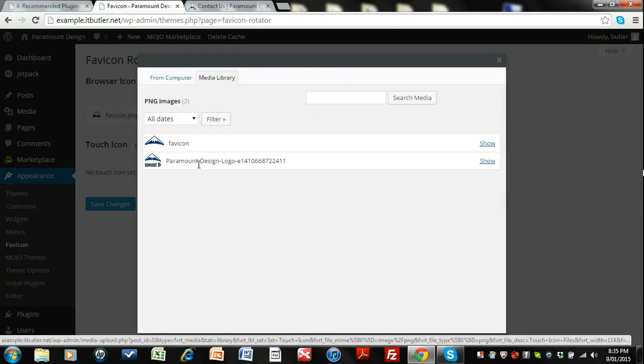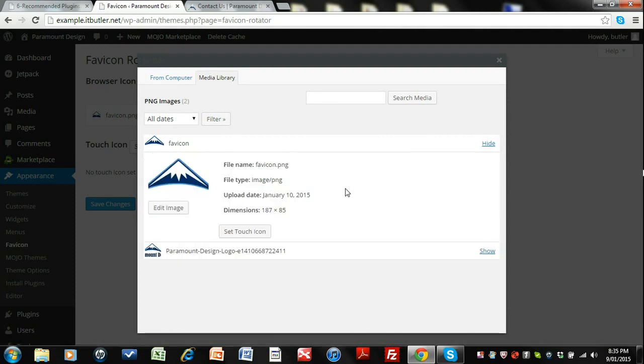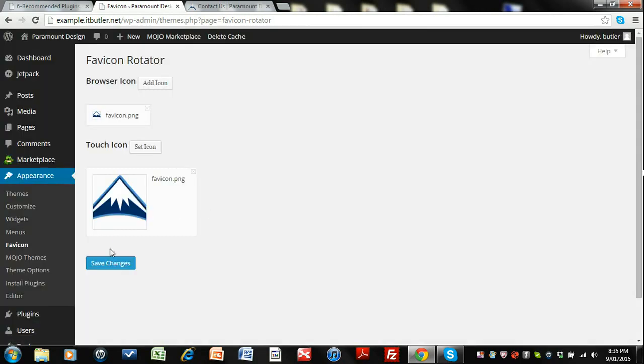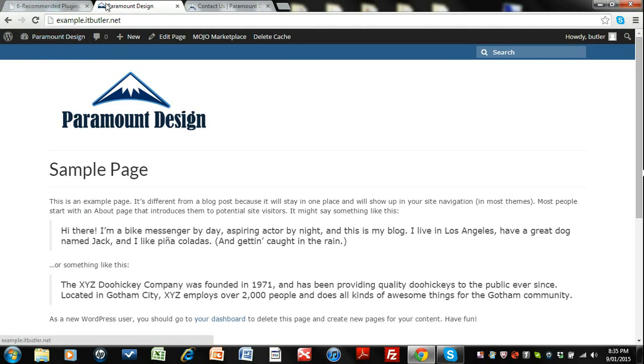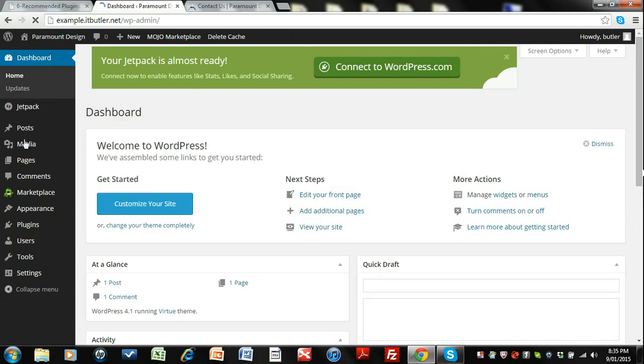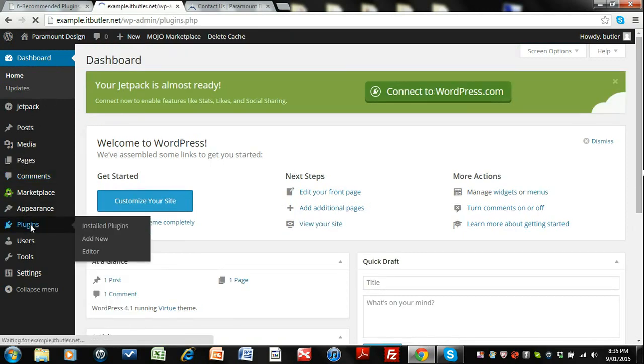In our media library now we have our logo and we have the favicon. So there it is. We're going to set it and save. There you go. Now when you go to your website, you'll see the little image up here in the browser bar. So if we go back to our plugins,